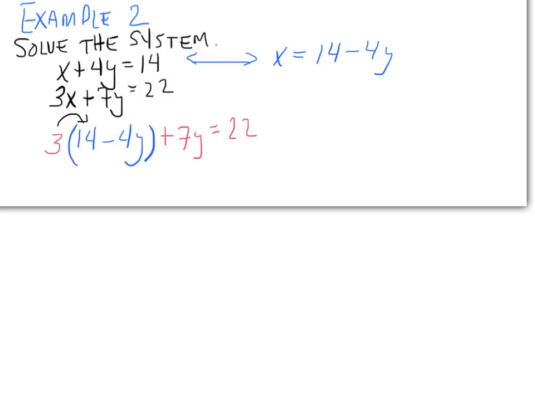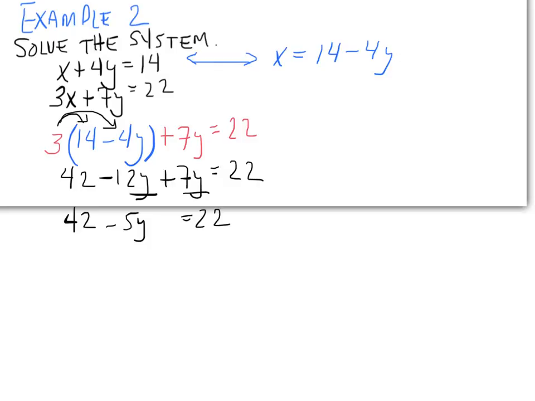My first step is 3 times 14, which is 42. I do 3 times the -4y, which is -12y. Then I have plus 7y equals 22. I have y's that can be added with other y's. -12y plus 7y is -5y